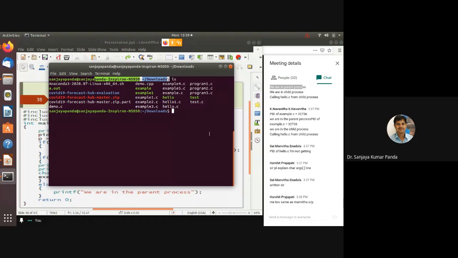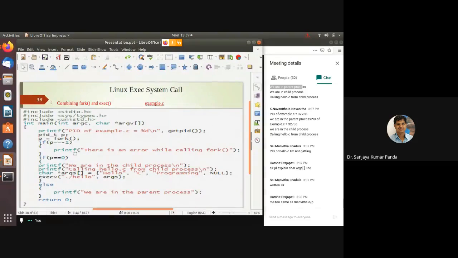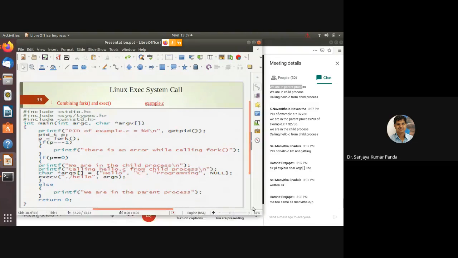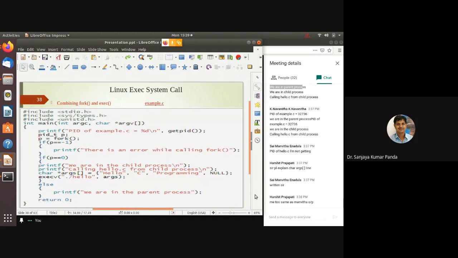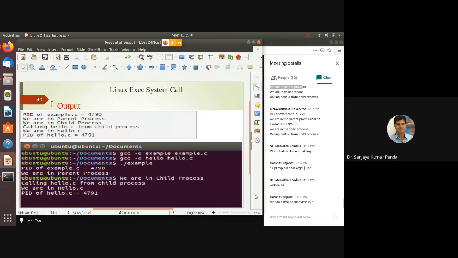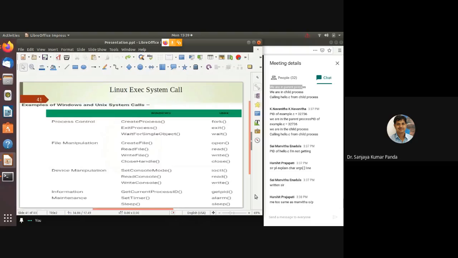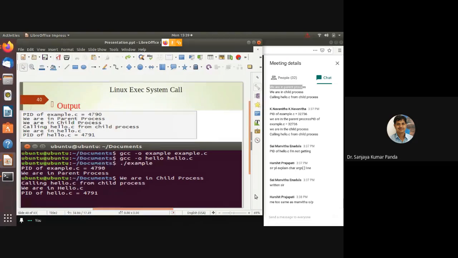If they are in the same directory, I expect that you will get the output. Check, there may be some mistake there. Check why you are not getting the hello.c output. You check once.